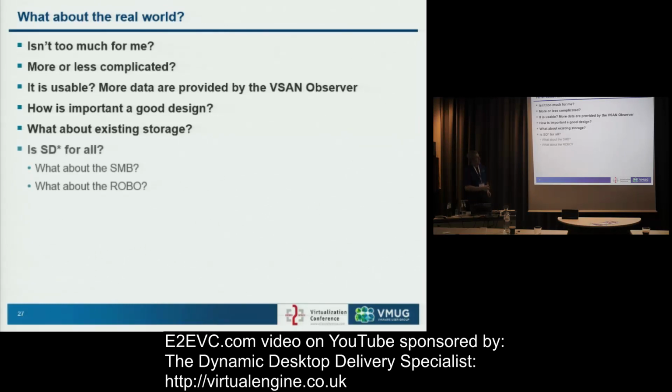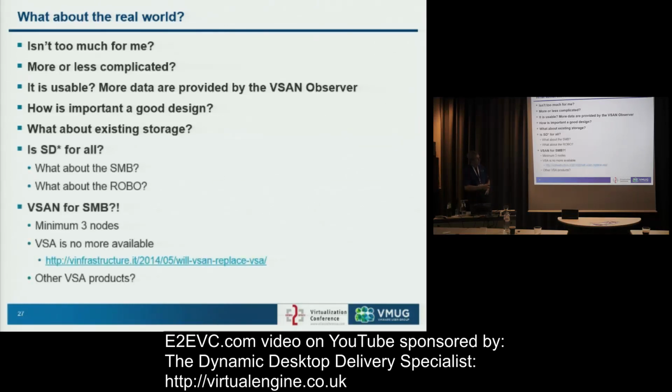It's funny, because there was a previous product called VSA that was based on a virtual appliance that started from 2 nodes to a maximum of 3. This kind of product is no more available. And there isn't any suggestion of which kind of product could be the best replacement. vSAN could be one, but of course you need 3 nodes. Otherwise you have to use other types of